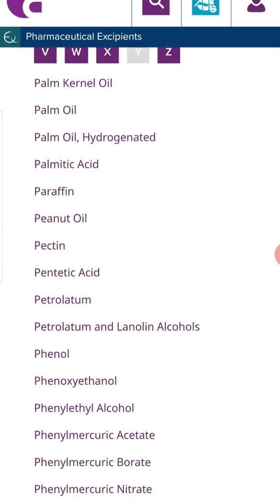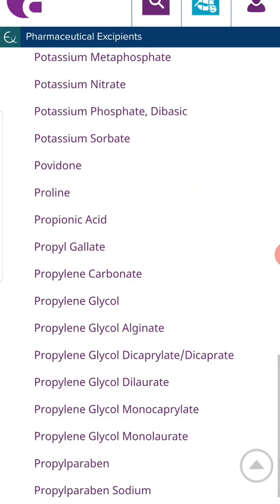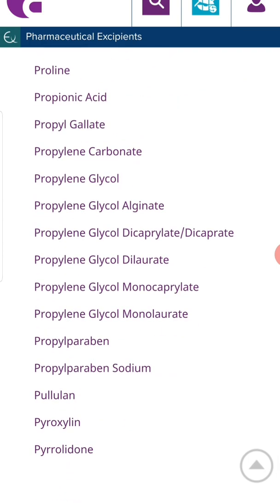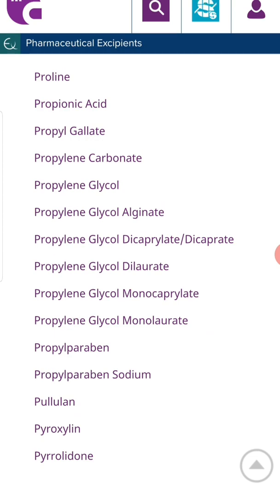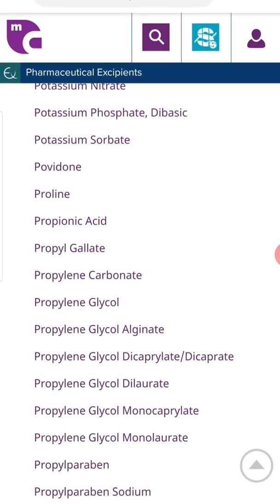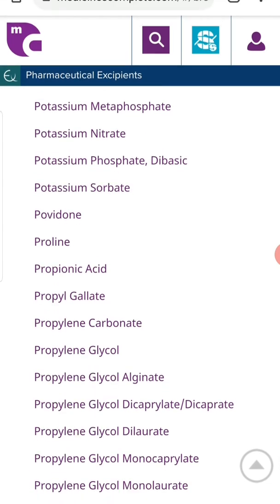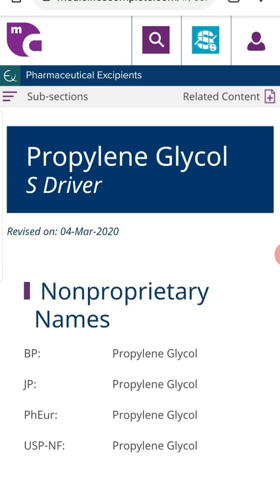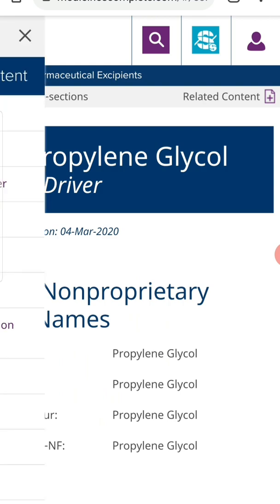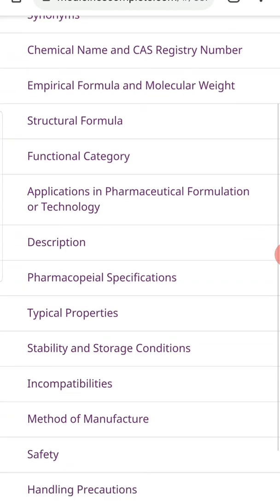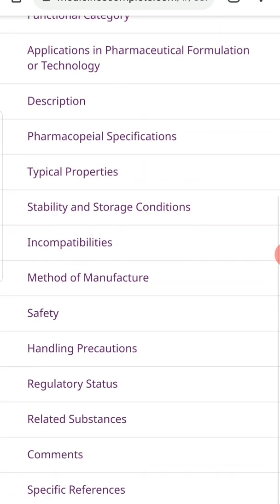polyethylene glycol. Let me go to P, polyethylene glycol. Right, there are multiple polyethylene glycols over here. Sorry, this is polypropylene glycol. Okay, let me just open the polypropylene glycol itself. Right, so you can observe multiple subsections in the polypropylene glycol. Let me go to the regulatory status of this polypropylene glycol, whether it is approved or